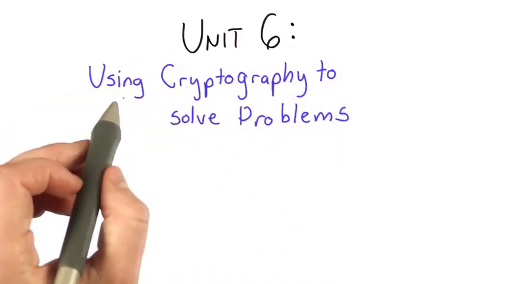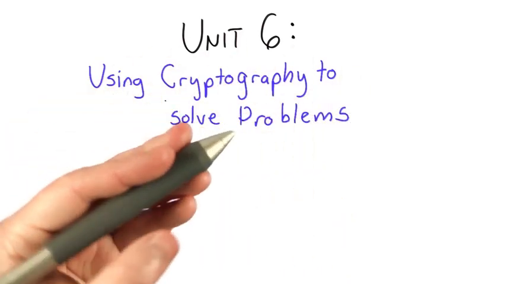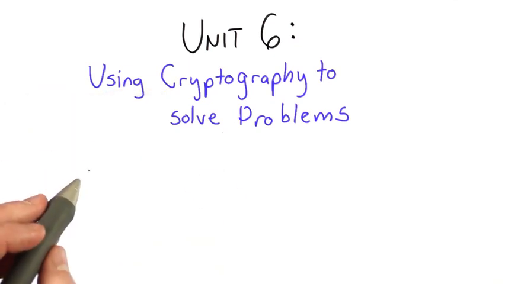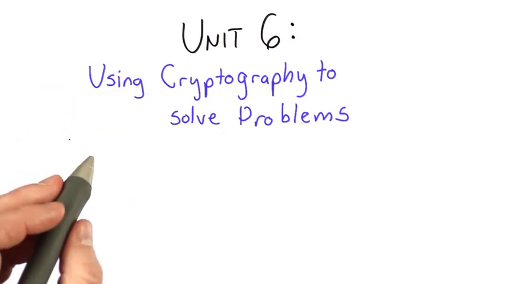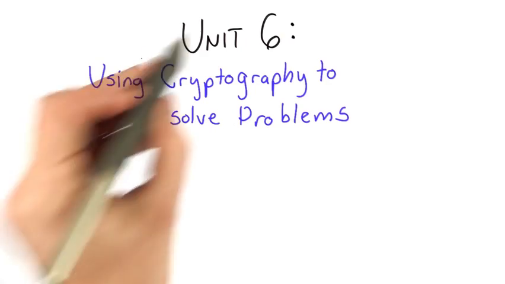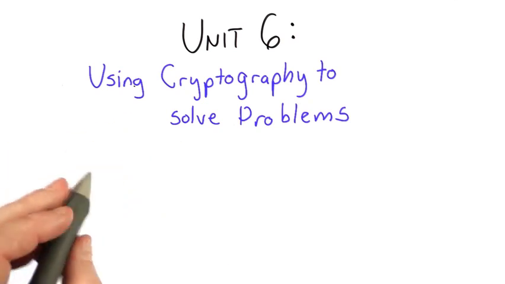So welcome to Unit 6. In Unit 6, we're going to look at ways to use cryptography to solve a wide range of problems. In Unit 5, we focused all on using cryptography to solve the traditional problem of authentication and then communication with secrecy and integrity. What we're going to look at in Unit 6 is different kinds of problems we can solve